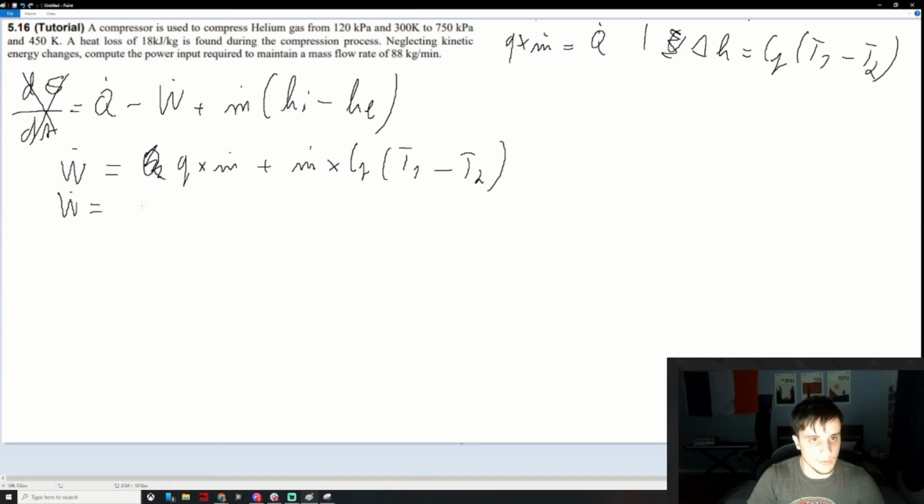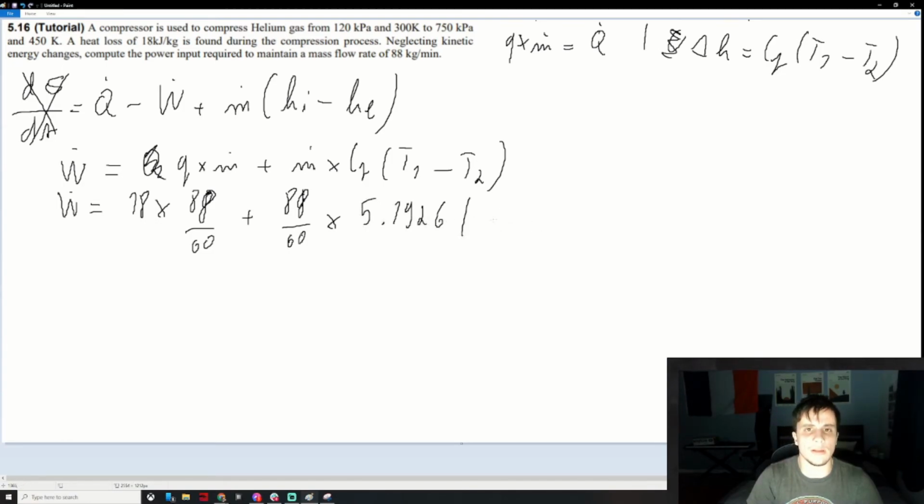W dot is equal to 18 times 88 divided by 60 to get it into seconds, plus 88 as well divided by 60 to get it into kilograms per second, times Cp, 5.1926, times T1, 300, minus 450 for the second state, and then solve everything for power. And you should find